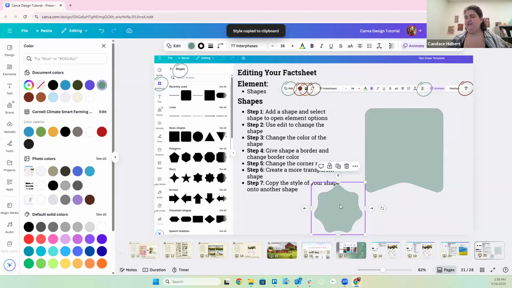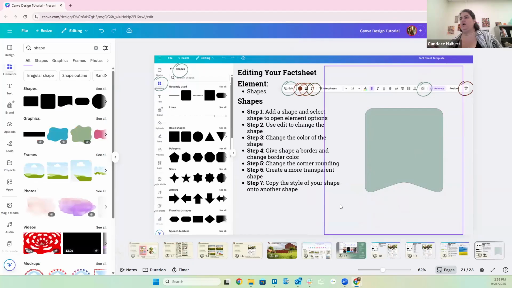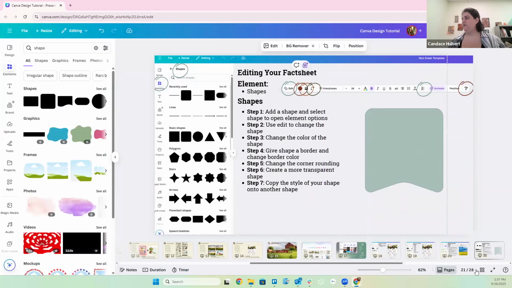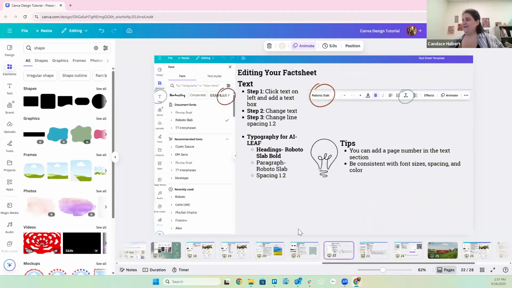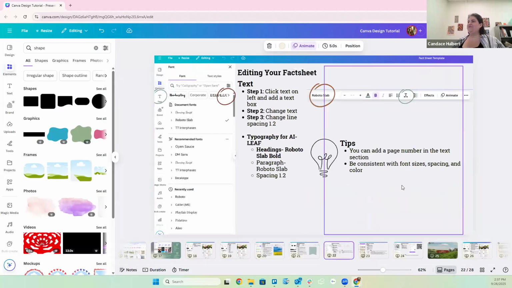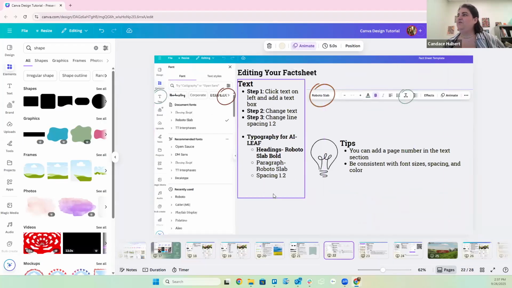So once you understand how to edit one element, it becomes a little seamless editing all of the different elements. And then the other, I'm going to keep this moving forward because I want you all to have a little bit of time. So I'm sorry, this is a very quick tutorial, but the other thing you should click now